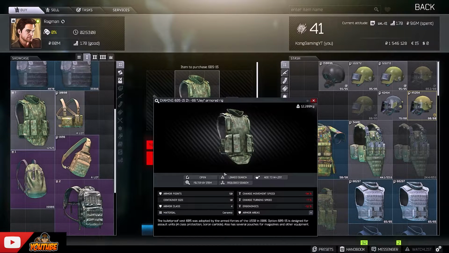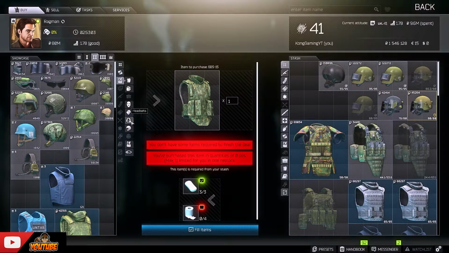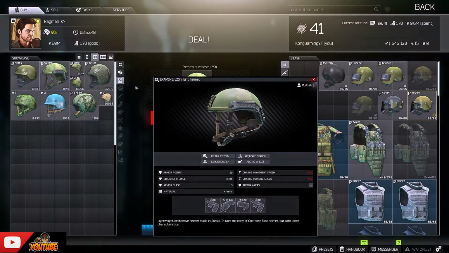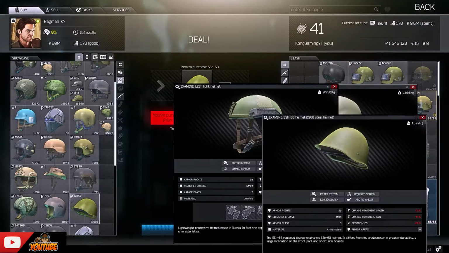So let's start with helmets at Ragman level 2. Arguably, one of the most important aspects of a helmet is how well you can hear while wearing it. Especially on maps like Customs, Shoreline and Woods, it's important to hear footsteps or if someone just brushed through some bushes. The helmets that give you the best protection while still letting you wear comtacs are the LZSH Light Helmet and the 6B43 helmet. You can also wear the